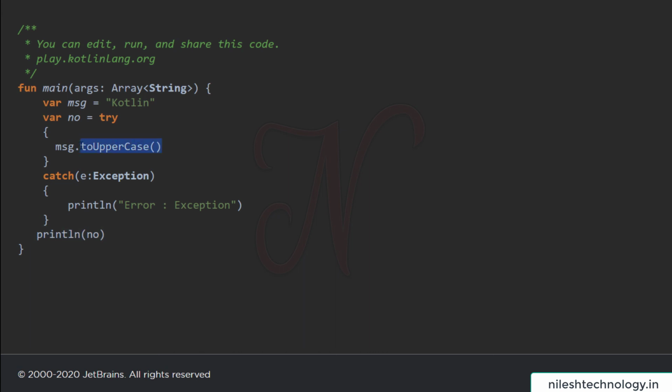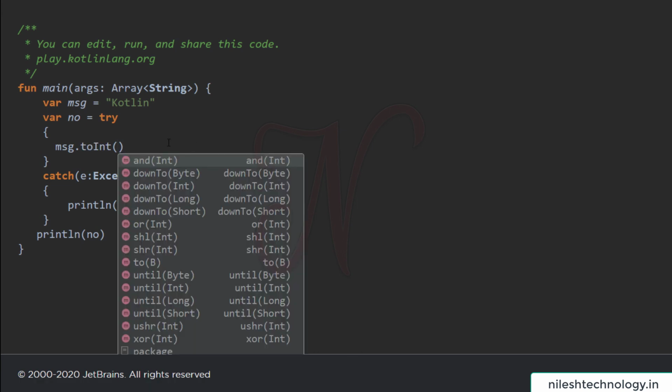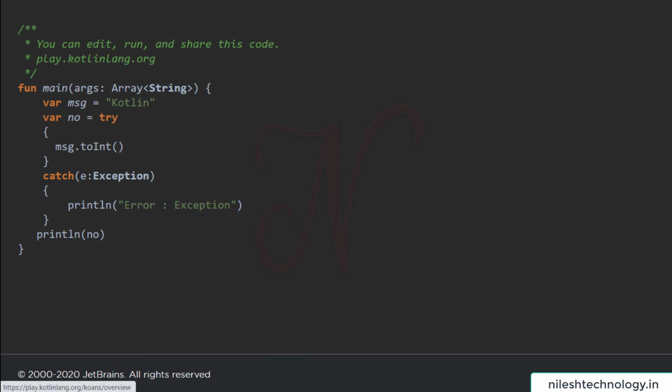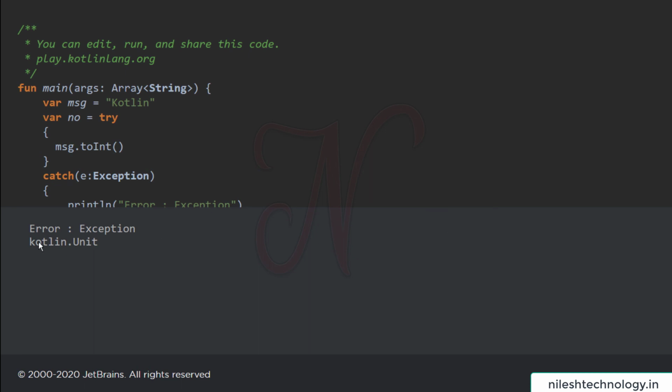So here, if you try to convert this string to an integer, then it automatically goes to this exception. See here, this is the exception, it goes directly to catch, and this is Kotlin.unit, meaning that here they do not return any message.